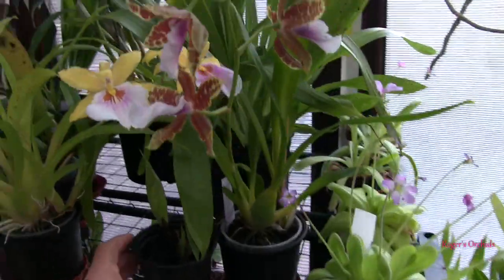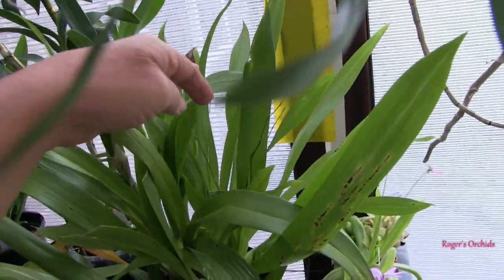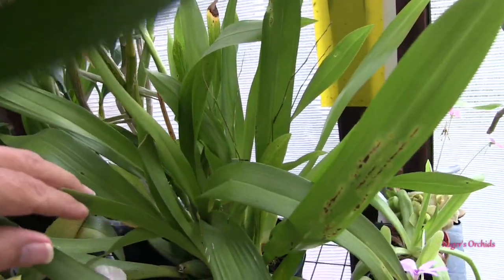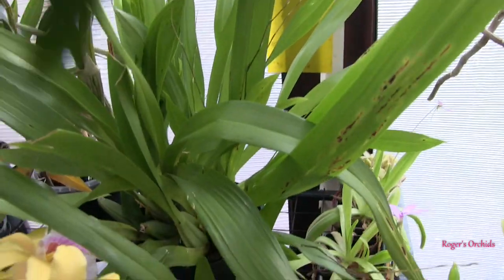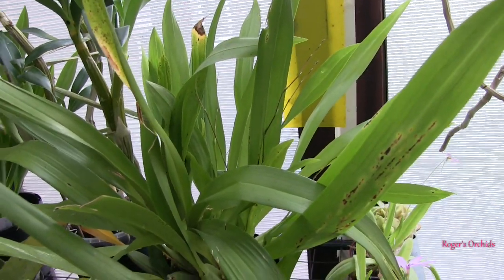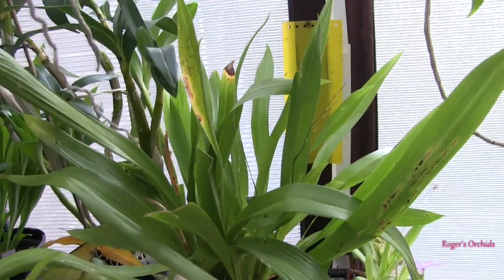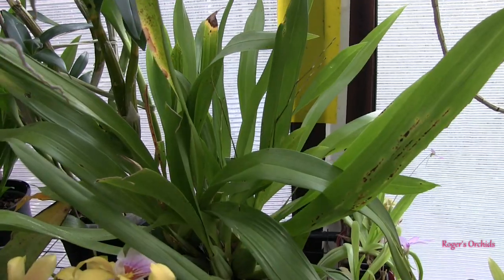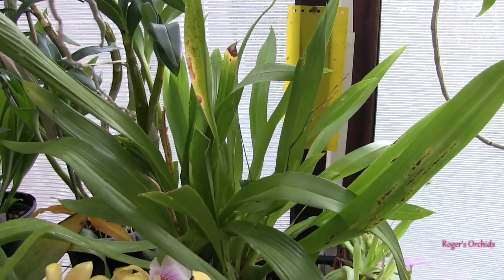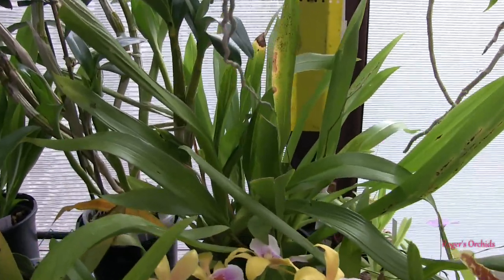The Sotoanum, the spikes are starting to make headway now. They're actually starting to clear the leaves. I haven't counted how many, but an average of 3 up to 5 on one new growth, and 4 or 5 new growths. I've got a feeling that's going to be a staggered blooming, because some of the spikes are way ahead of the others, but that'll just prolong its blooming. That's good. That's one of the parents of the Twinkles,